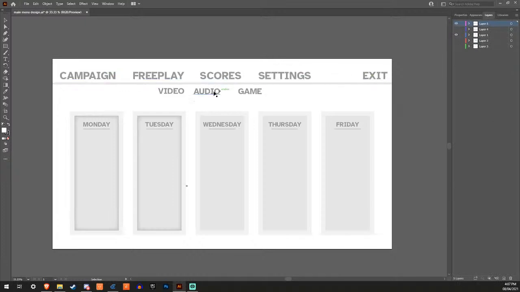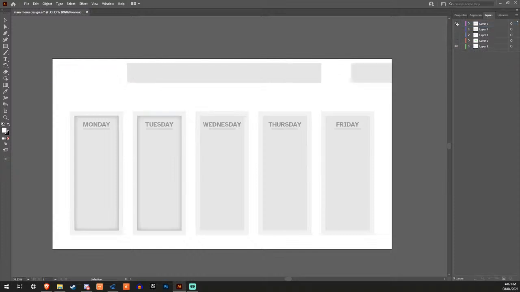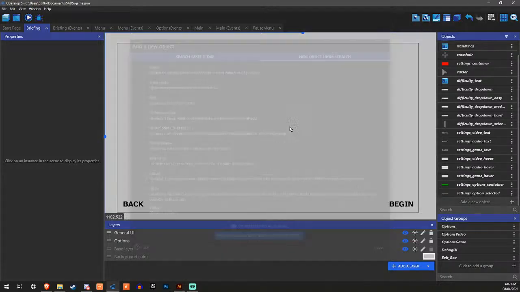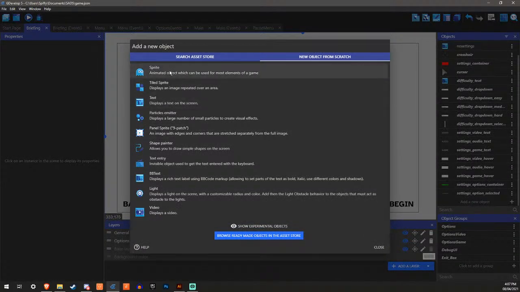Okay, these are the tabs at the top here. That's fine, that should all be good. All I need is the ones from the pause menu.